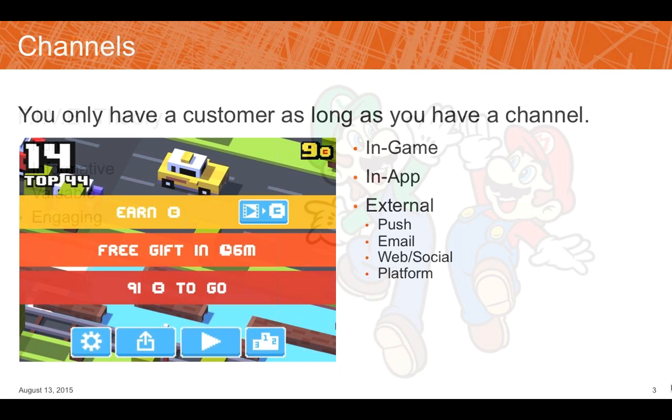But when you can use those tools, absolutely. Use any tool you can, right? Any tool that makes sense for you to be able to keep a relationship and keep a dialogue going with your customer is valuable. Some other things that might be in-app, going back just a minute, you can look at